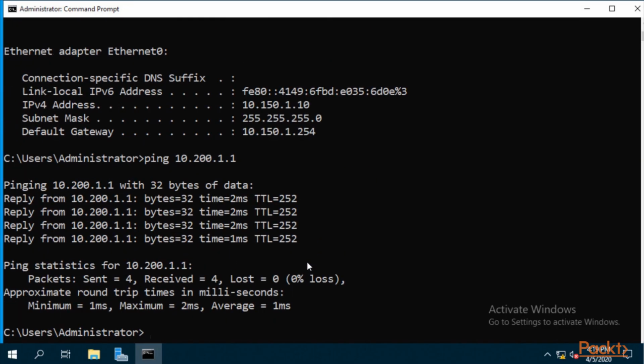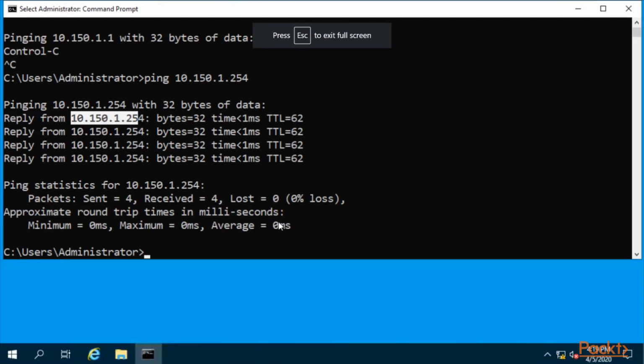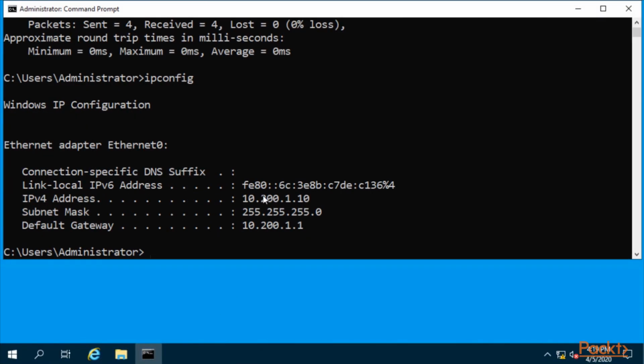So that's looking amazing. Now, I do have a machine on that location. Let me take a look at that real quick, and let me go full screen so you can all see it. So we got this machine here, and this machine has an IP of 1.10. So let me try and see if from the server I can ping this client computer, because that's the end goal. Let me go real quick onto